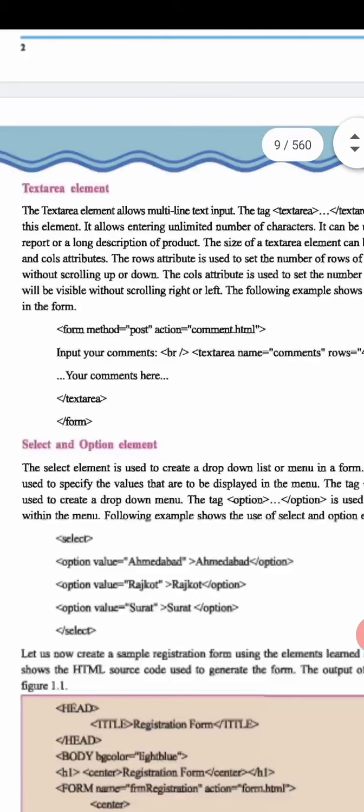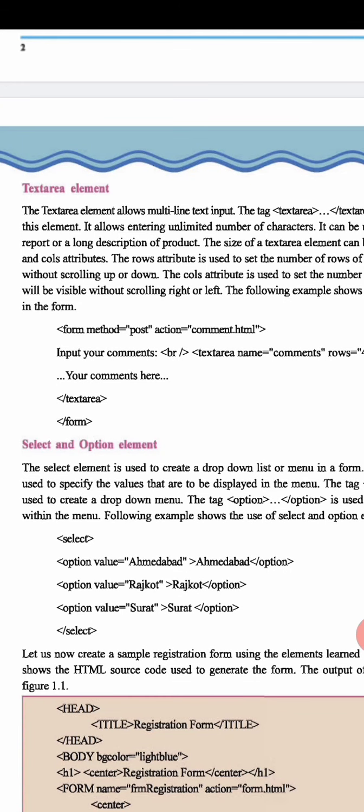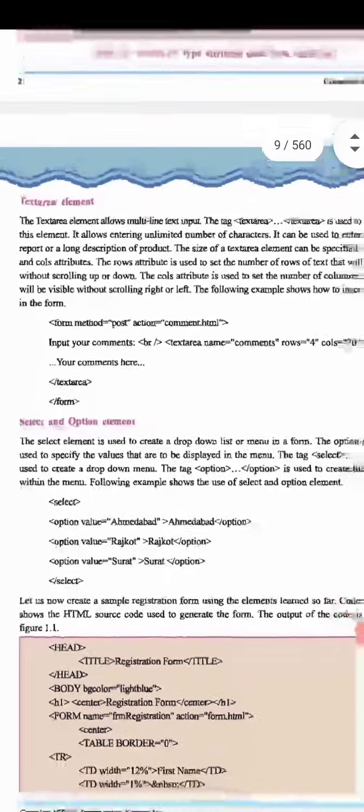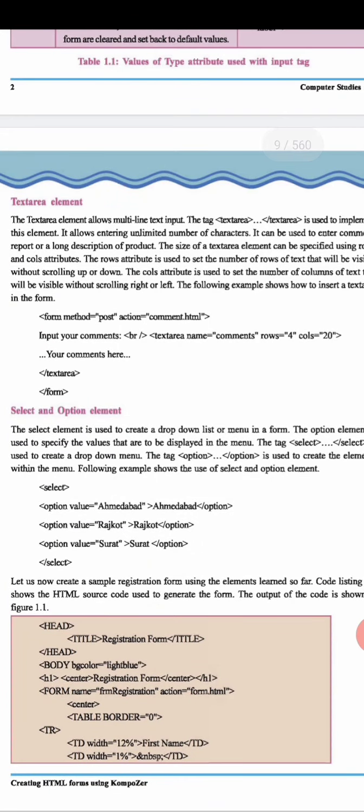It also has attributes, like method and action, the same which were for the form. Here you have to write the name of the tag which we are using here, that is textarea. There is no other tag in it.